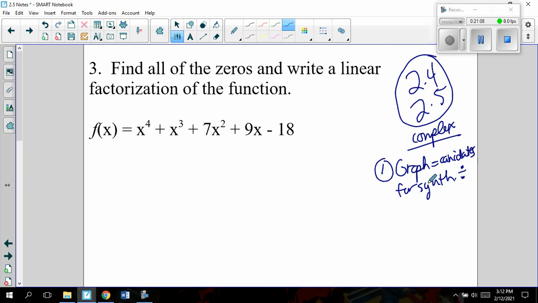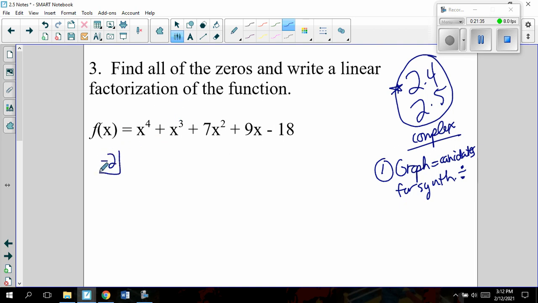So again, what that means is, where does it look like it crosses your x-axis? Where does it look like there is a rational zero? That was the 2.4. Remember, we cheated off your calculator because we have them. So let's use the technology. But back in the day, they were not able to cheat off the calculator, and they had to do it by trial and error. Okay, so if we type this in, and again, I'm going to assume you guys can all graph at this point,